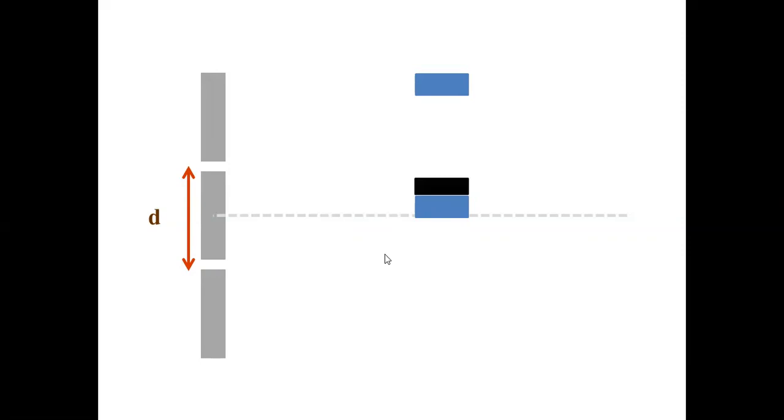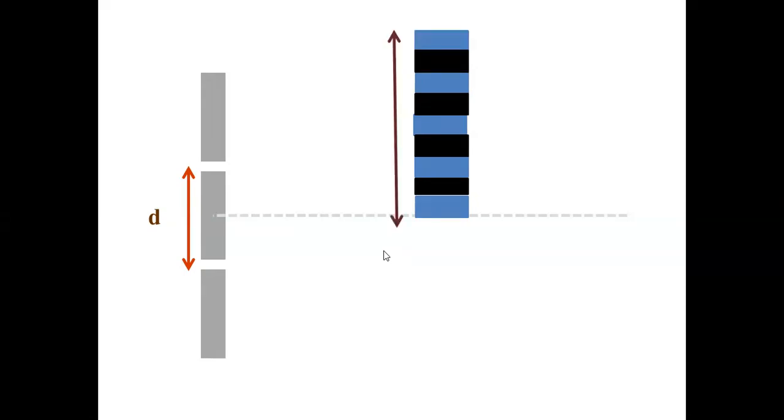What about next? Dark, then blue bright, next dark, next blue bright, and so on, like this way. So you will get bright blue fringes. This is the 0th blue fringe because the central bright fringe is always bright. It has no dark fringe at the center. This is 0th. This is the first bright blue, next bright blue, next bright blue, next bright blue. What is the number now? This is only an example I am explaining. This has nothing to do with the problem. Only the idea for the problem you have to take from this, not the numbers I use to explain.